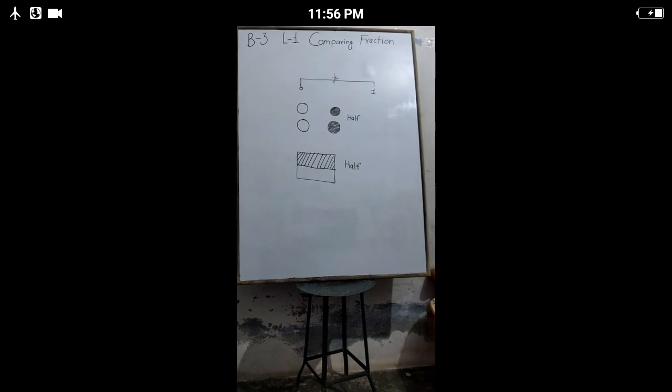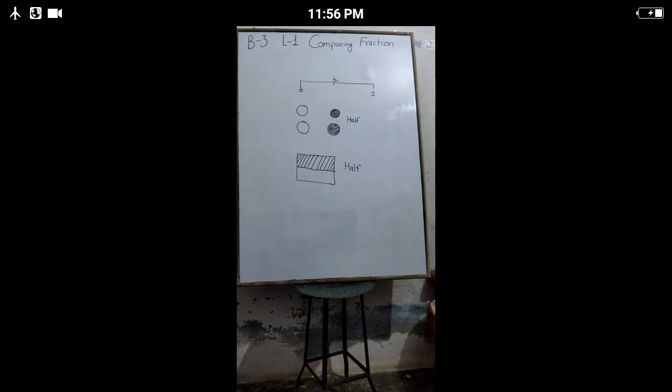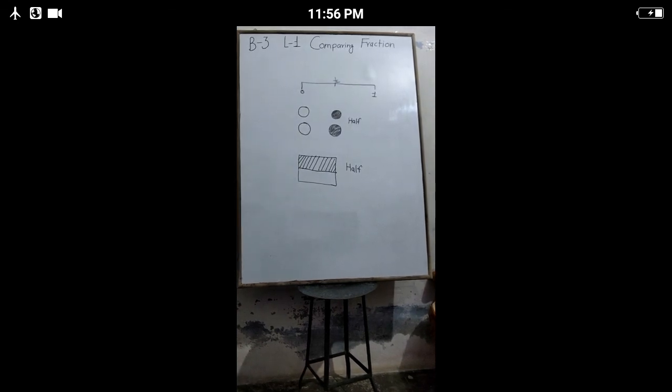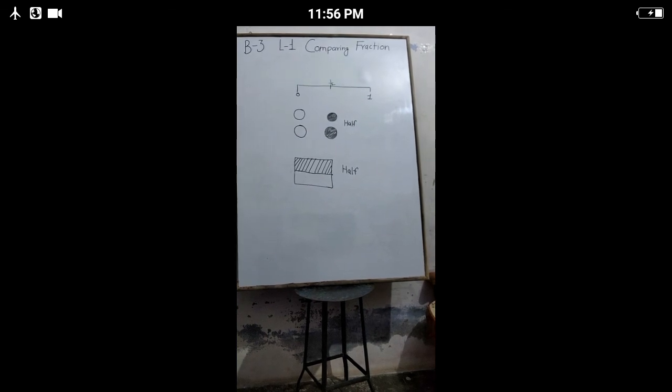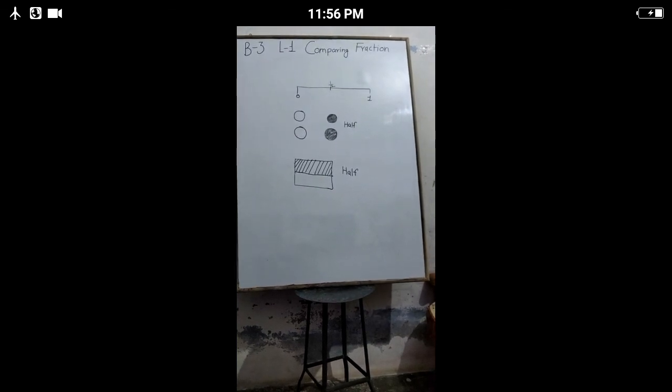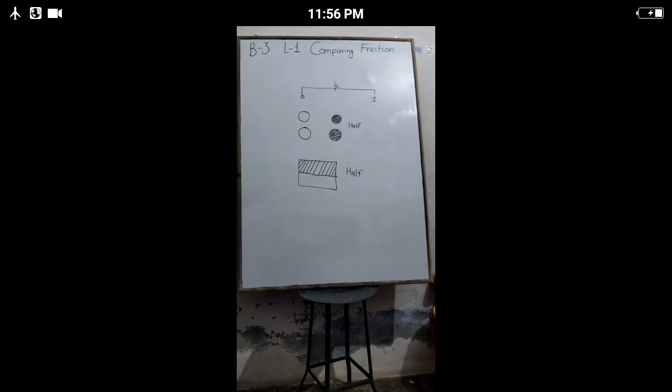This is an introductory question. I have drawn some pictures on the board. This is first, this is second, this is third. Three pictures are here. So the question is, what do you see? What can you think about these pictures? Can you imagine? Children, I have drawn 3 types of pictures. They are all different ways of representing the same fraction, 1 upon 2, or half.